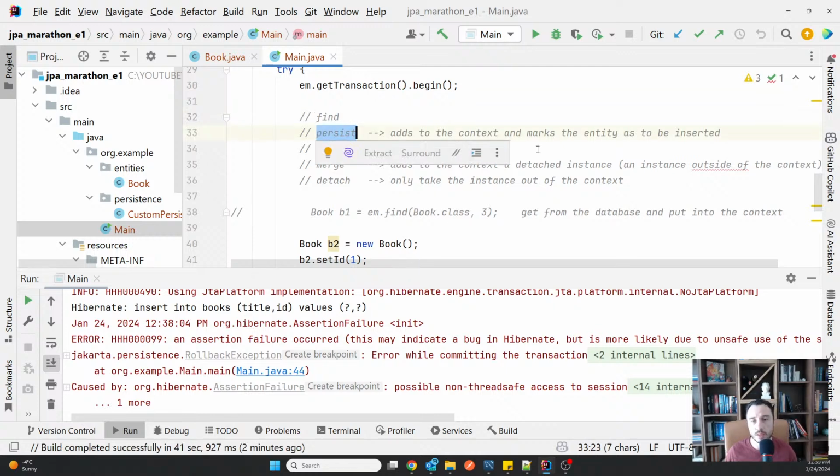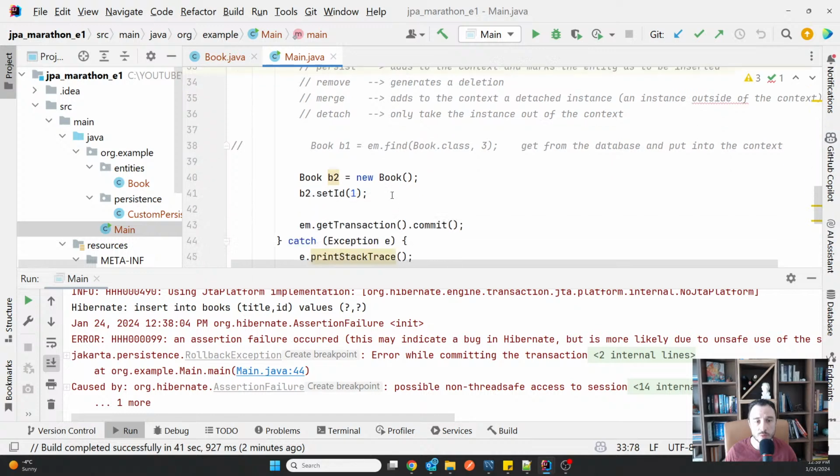Persisting it means put it in the context and mark it to be inserted whenever possible. And we have seen that whenever possible can be different between different configurations of your database.